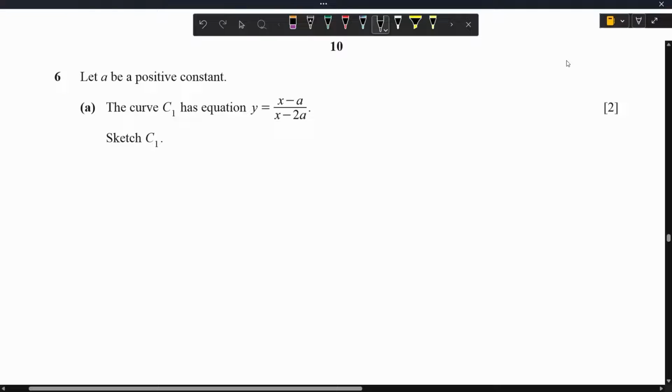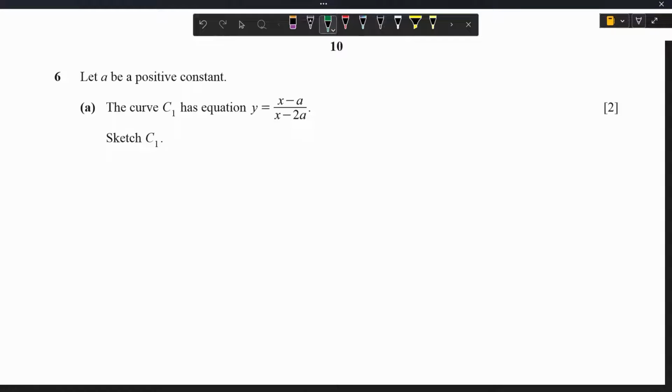All right, so let's look at this question here. It says, let a be a positive constant. So on part a, the curve C1 has equation y = (x − a)/(x − 2a). Sketch C1. Here we want to make a sketch of this graph, and we're going to consider